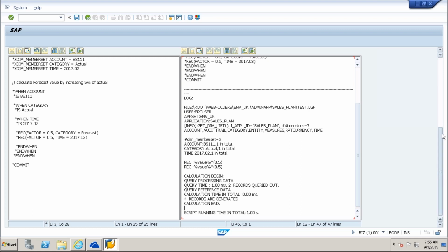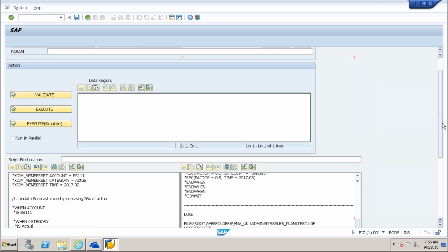For example, I'm now running from the backend to show you.